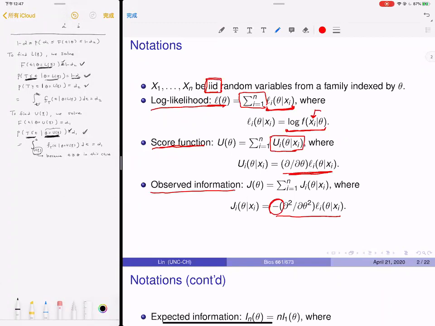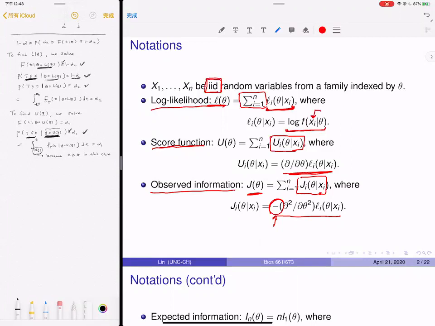Keep that thing in mind. When I say observed information, I mean including the negative sign right here, when you take the second derivative of the log likelihood function. Then by notation, the inside guy becomes J_i, and the whole thing is J(theta). Really, all we are doing here is writing down the log likelihood function, score function, and observed information in terms of their individual pieces,